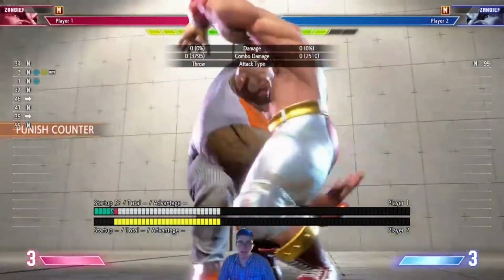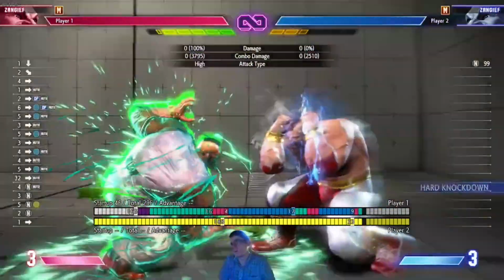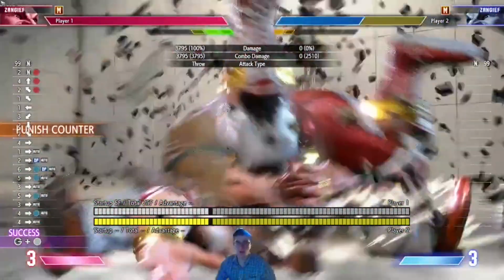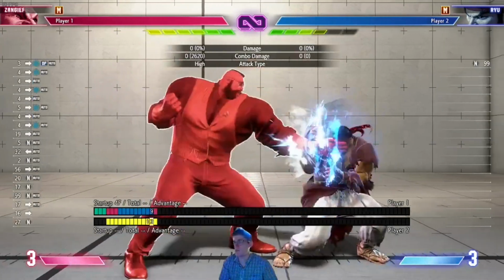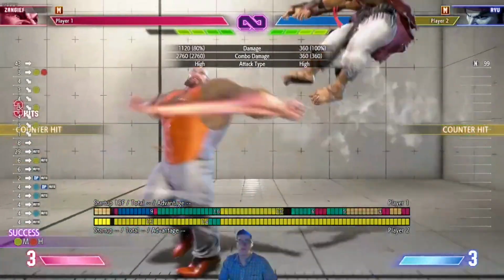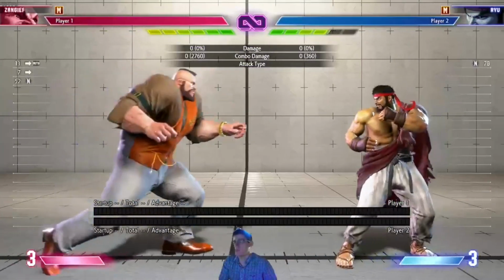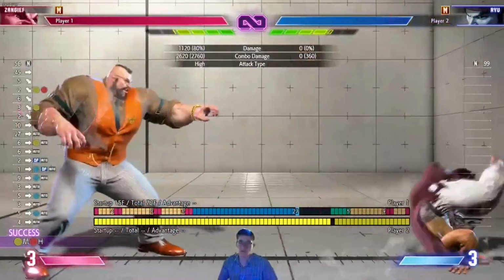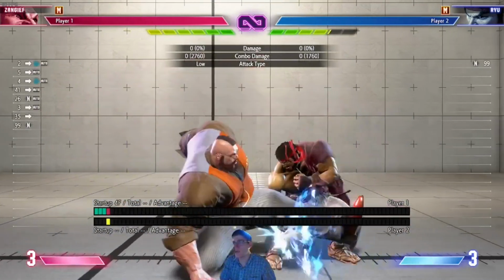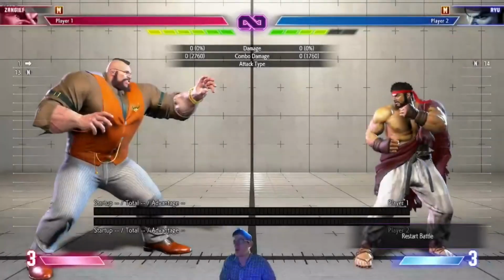Here's another setup, either off punish counter in the corner, and you go right into heavy SPD. You can trade with the jab, which continues the combo. The trade combo works. If they jump as well, you'll catch the jump. And if they're trying to react to your drive rush by mashing an OD DP,